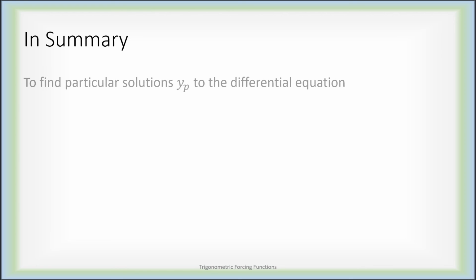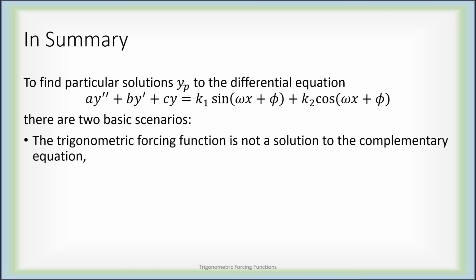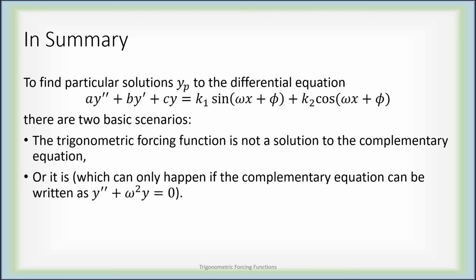Altogether, what have we covered? To find a particular solution to a second-order linear differential equation with constant coefficients where the forcing function is some combination of sines and cosines of the same period and same phase shift, there are two basic scenarios to worry about. First, the trigonometric forcing function is not a solution to the complementary equation, or it is. And that can only happen if the complementary equation can be written as y double prime plus omega squared y is 0,